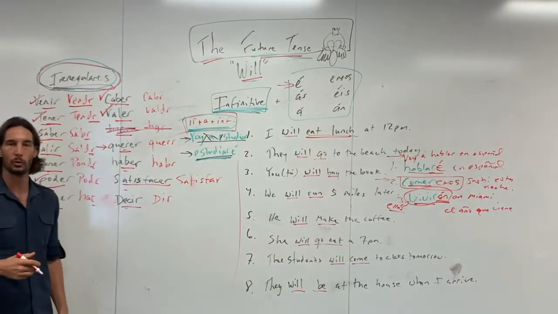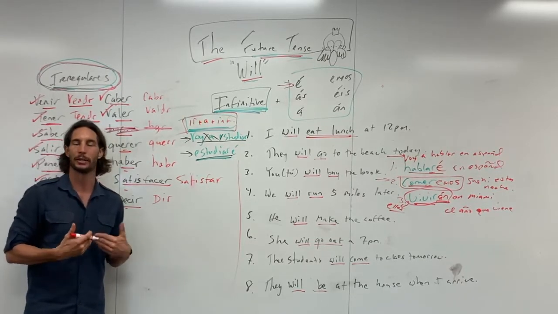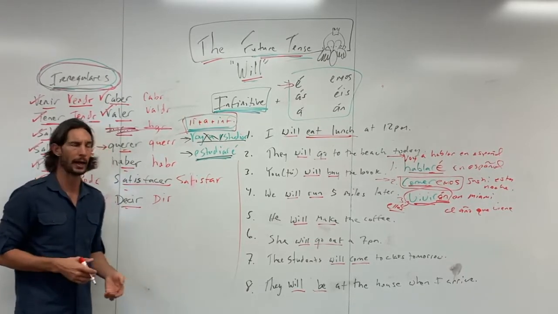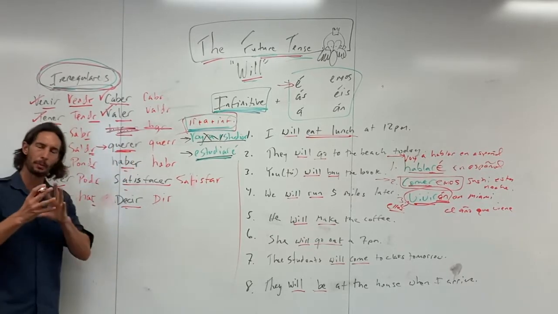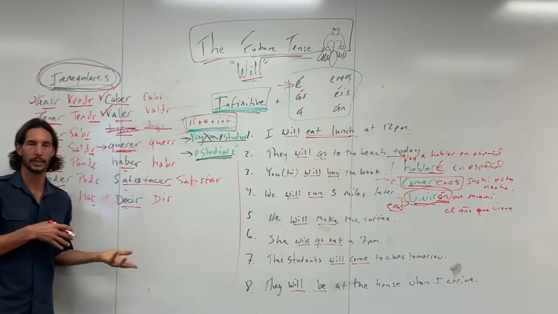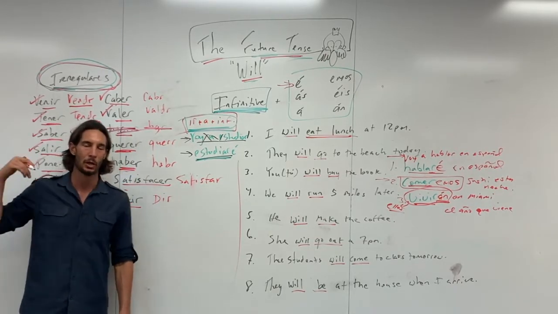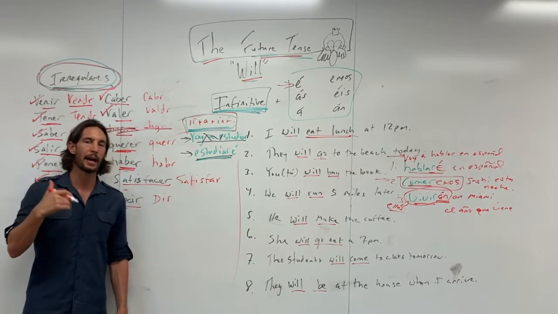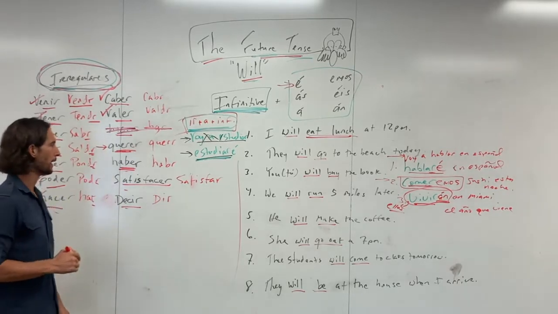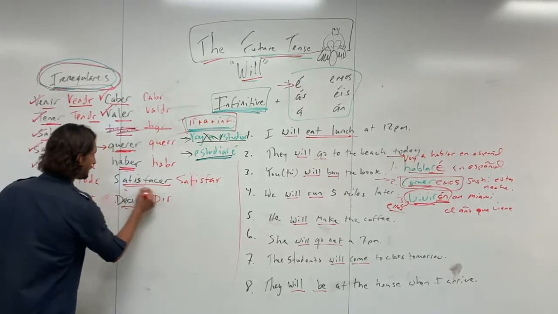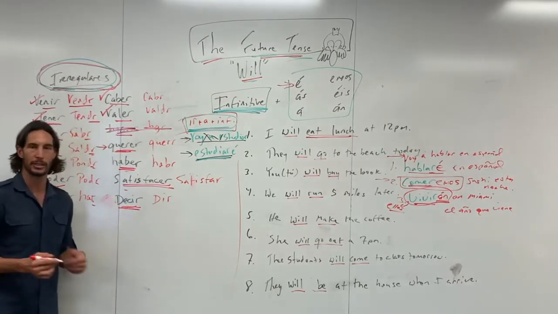Querer is to like or love, right? And so it's where we get, for example, someone says te quiero mucho, I love you a lot, right? But it can also mean to want. So querer has a couple different meanings, but it's to want or it can be to like. So haber is to have. It's actually a synonym with tener. You find haber used as a helping verb with perfect tenses, and we'll get to that in a different lesson, of course. Satisfacer, right, is to satisfy, and then decir is to say or tell, right?